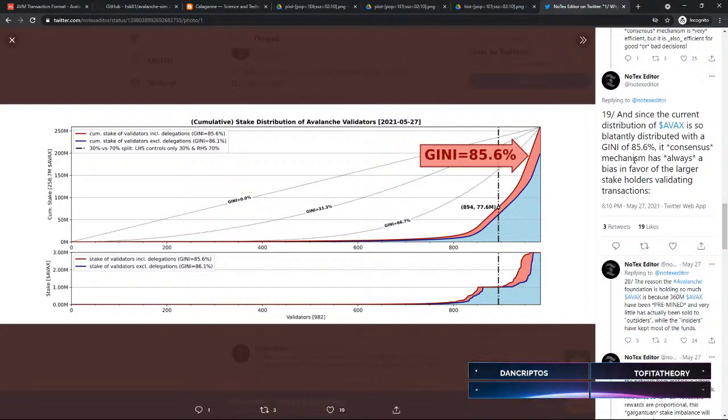Today is 80 million, by the way. I measured it today. It's 80 million. So at the moment, it's 220 million, and just a week or 2 weeks ago, it was almost 300 million. Yeah, that's a big 80 million drop. 80 million AVAX are gone from the staking TVL. I call it TVL, total value locked.